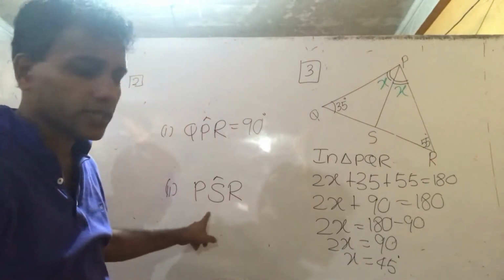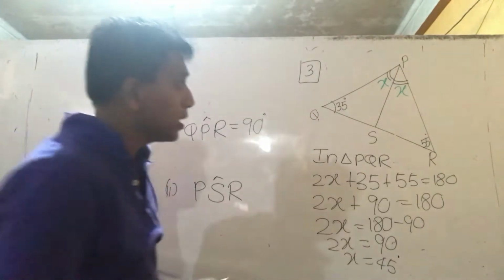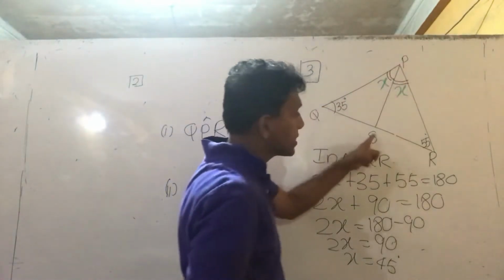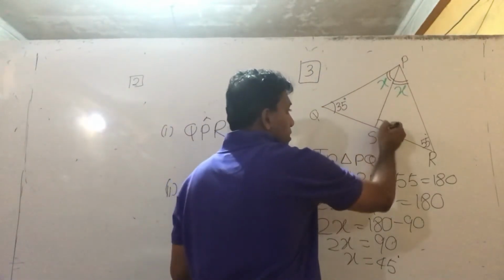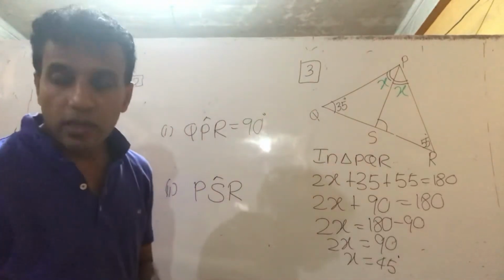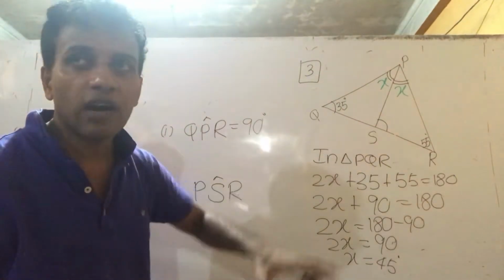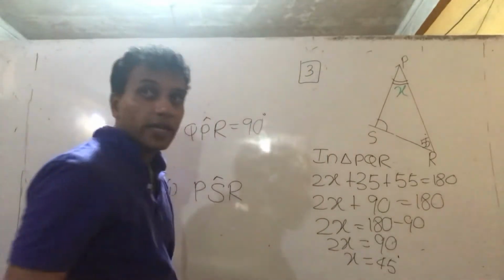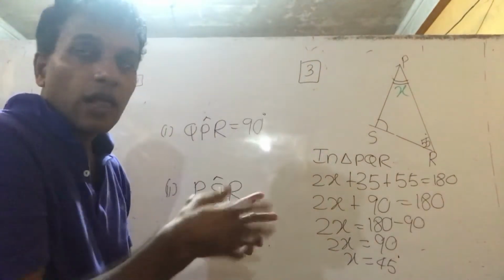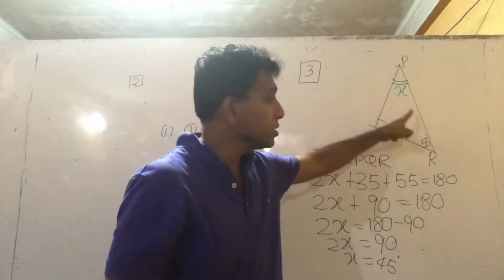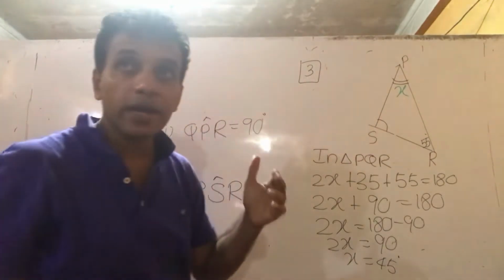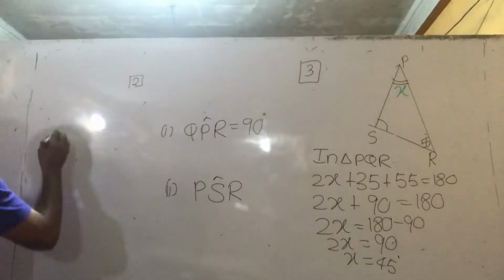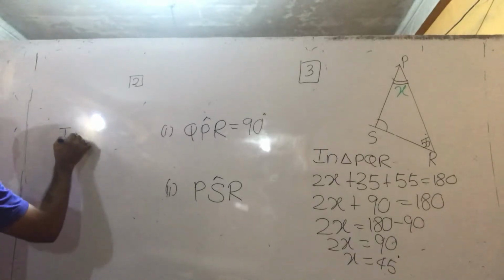Now come to the PSR. Where PSR? PSR, this angle they ask. Therefore we take one triangle, enough. So I erase. You don't erase. I take that triangle and find. You know this angle, you know this angle, then find the third angle. So that answer in triangle